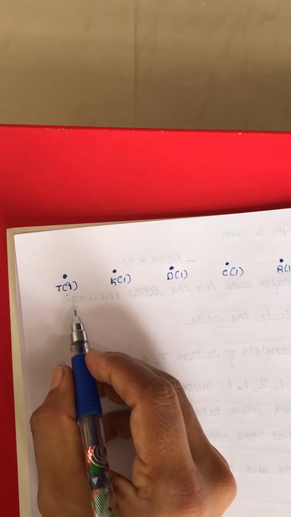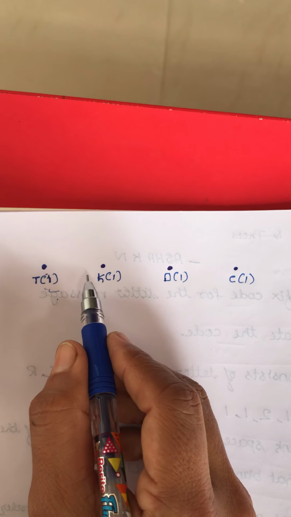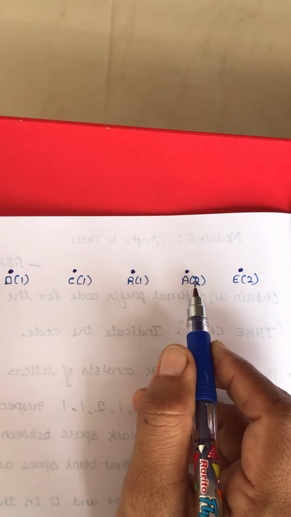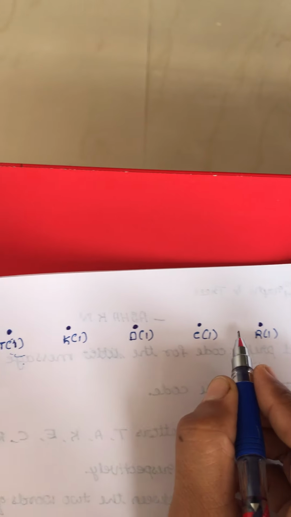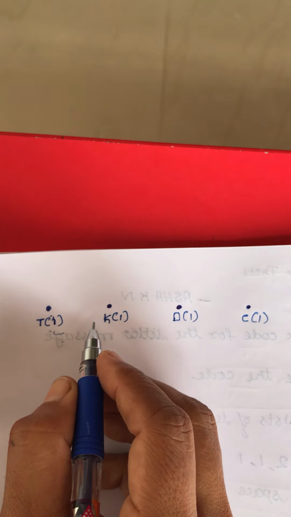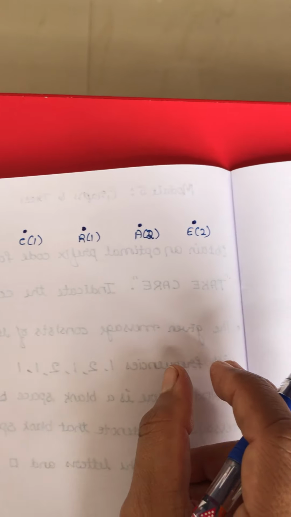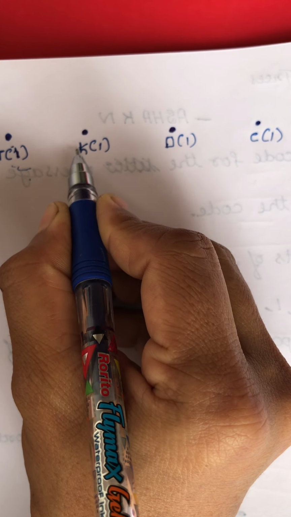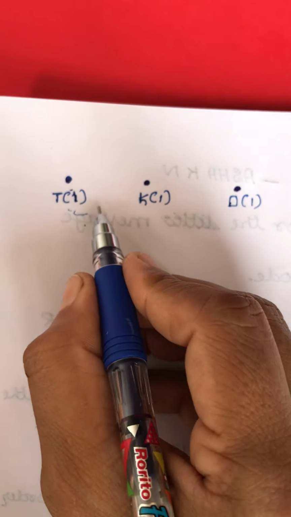Next, what do we have to do? We have to select the two vertices, the two letters which have minimum weight. Here the minimum weight is 1, since we only have two options, 1 and 2. Five letters have the minimum weight, so I will take the first two. The beginning letters have the minimum weight and the last ones have the maximum. So I will add these two: 1 plus 1 becomes 2. After adding these two, I will get a new vertex V1.